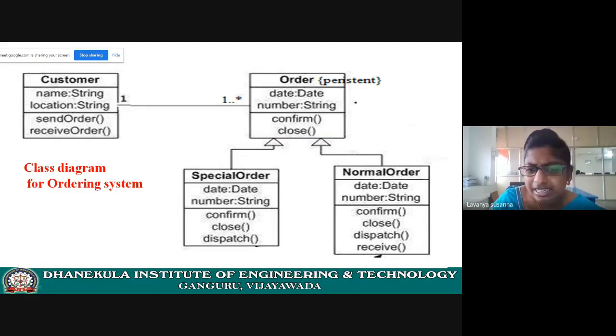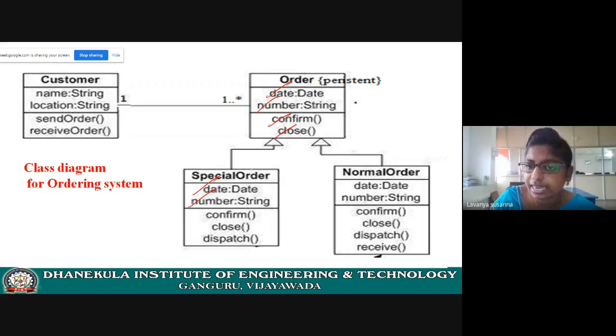See, here inheritance means special order is acquiring all the properties of order class, right? That means special order will have the properties of order like date, number. And it also contains the operations like confirm, close, because it is inheriting, right?